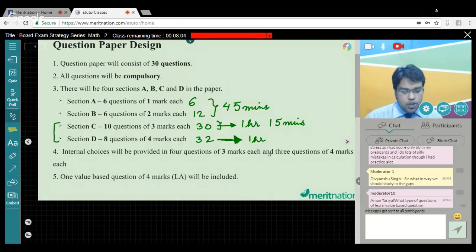So Divyanshu is basically asking how we should study in gaps. Yeah, of course, everybody needs a break. Everybody needs at least a 10 or 20 minute break after probably 1.5 hours of study. So do that. And in that break, make sure you go for a walk. You might read the newspaper if you are into the news and current affairs, or you might watch a web series, you might talk to your parents, or you might talk to your friends. You can do anything in your break, but after those 15-20 minutes of break, get back to the grilling, get back to the study, right?